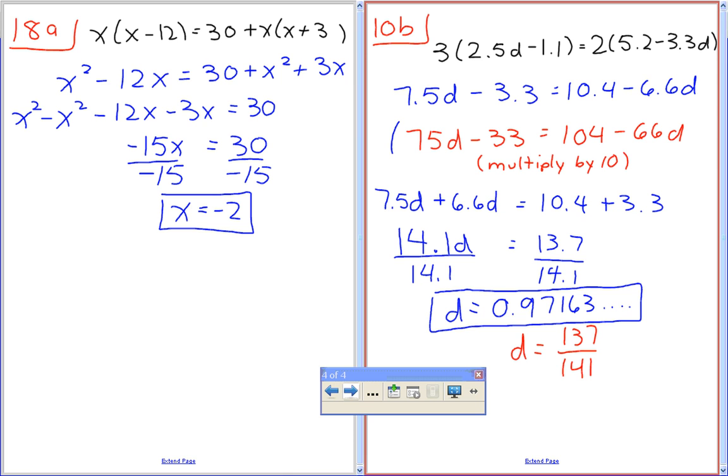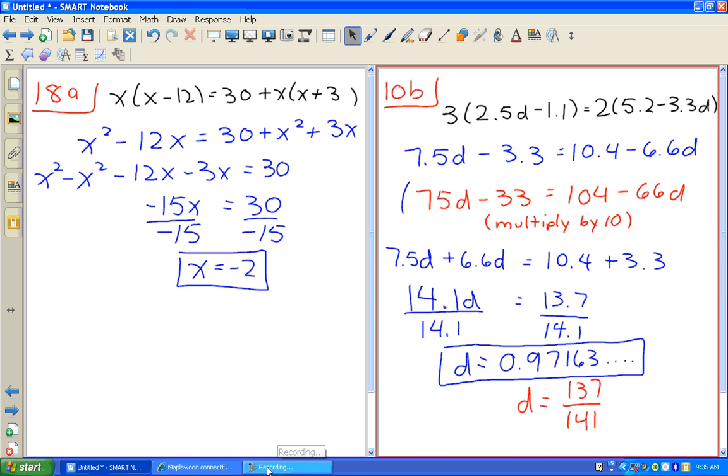Okay, guys, I like how people are volunteering here and helping out here. As I keep